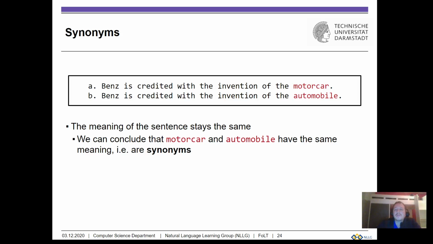So first, let's briefly recollect what a synonym is. That comes from Greek and means two words have the same meaning. An illustration is here in the given sentence. Because we know the meaning of the words, we know that those two words, namely motorcar and automobile, are more or less equivalent, so they are synonyms. The exchangeability of words in different contexts can even be considered the definition of synonymy. If two words can be exchanged in all contexts, then certainly they must be considered synonyms.